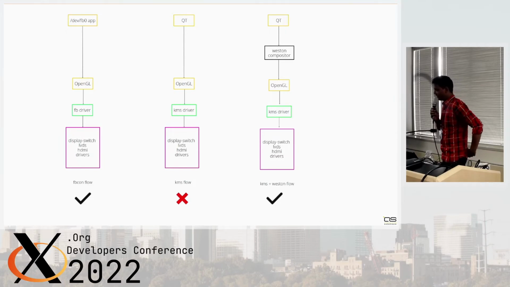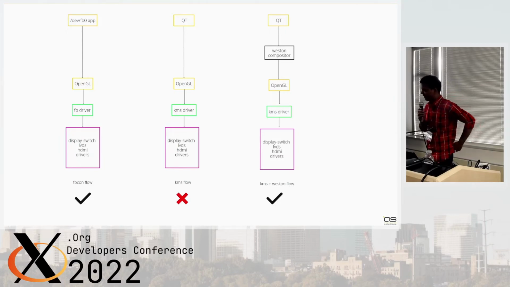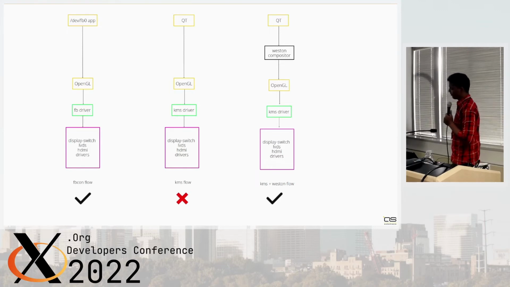Initially I was trying with a simple frame buffer. It worked very well, and I was able to switch the displays at runtime. But I found some issues when I went with applications like Qt. So what I did was